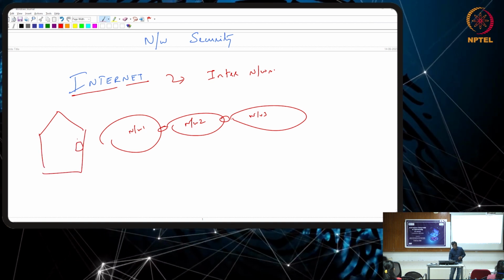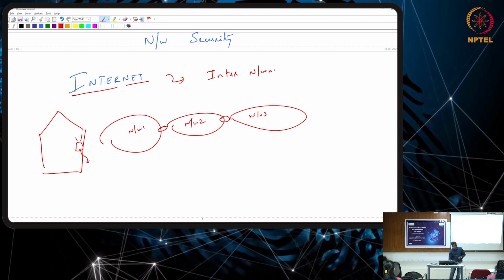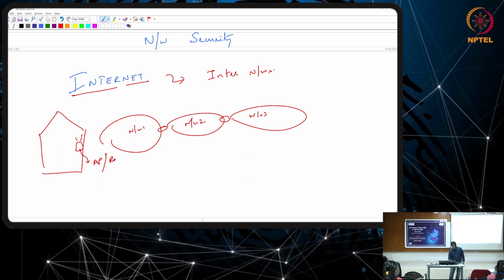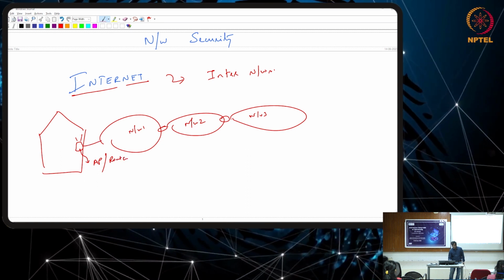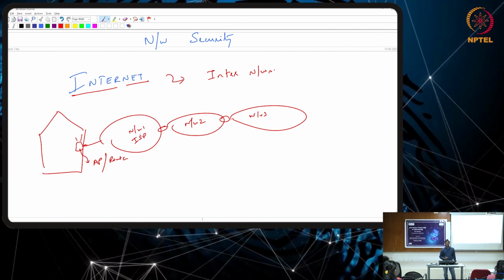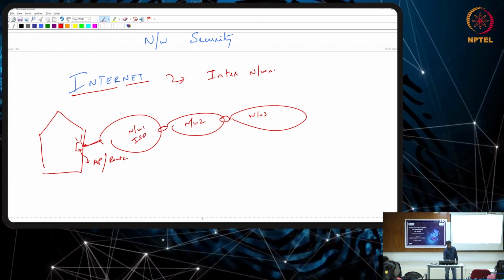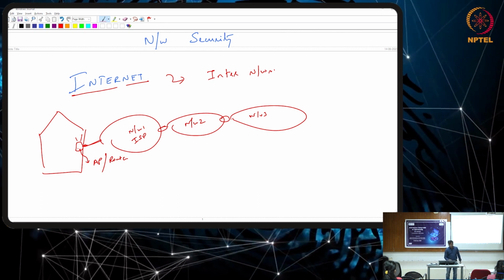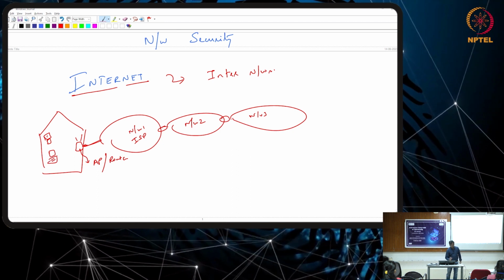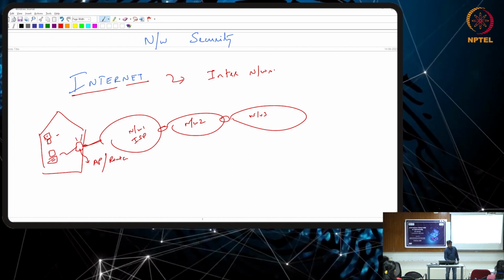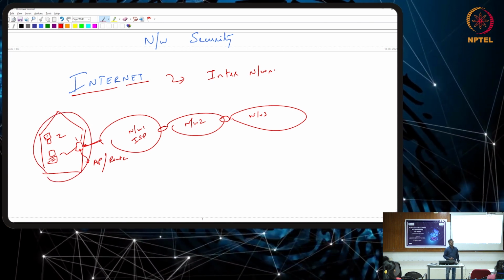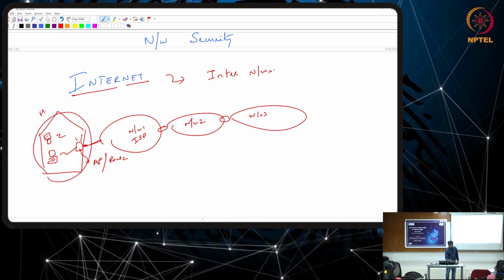you have a Wi-Fi router. Let's say this acts both as access point and router, and from the ISP provider. So this network is maintained by the ISP, right? And then you will get a cable that is connected to that access point or the router, and then you have all your devices connected to this over the wired connection or over wireless connection, right? So this itself is a network on its own. Okay, this is your home network,